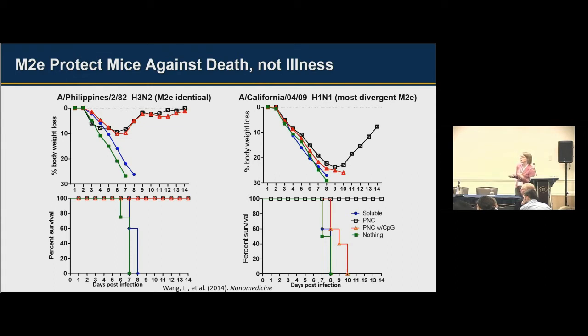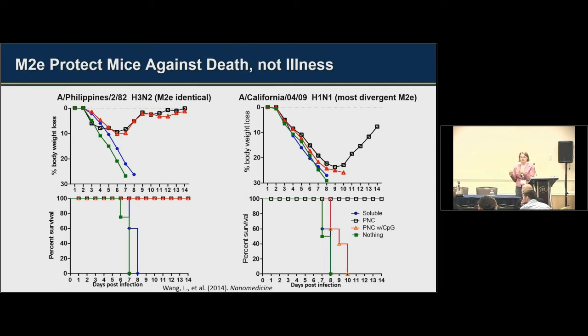And so what you can see in both cases, the blue is soluble antigen, the green is no vaccine, and then the red and black are PNCs with or without the adjuvant. And so in the case of the Philippines, you see if you're vaccinated with soluble M2e, the animals lose weight quickly and they succumb to disease as if they were vaccinated with saline. So that soluble M2e protein really has no immunogenicity. Whereas the nanoparticles of both kinds are able to protect, the animals see a small weight drop